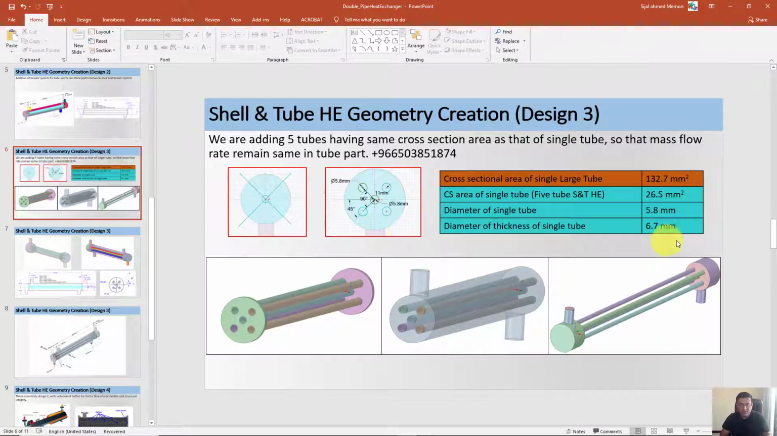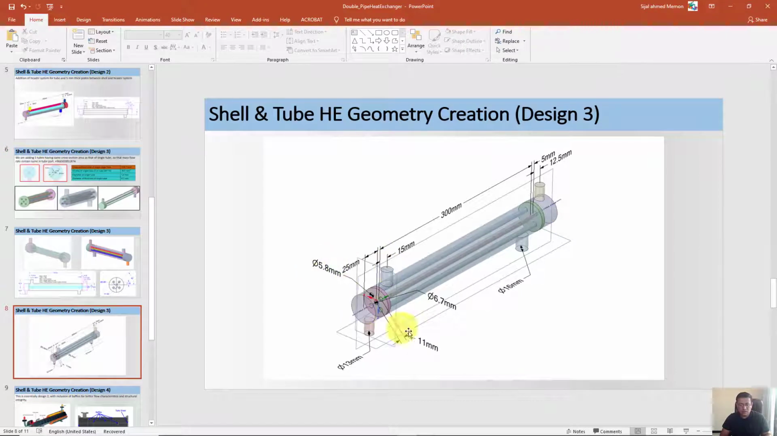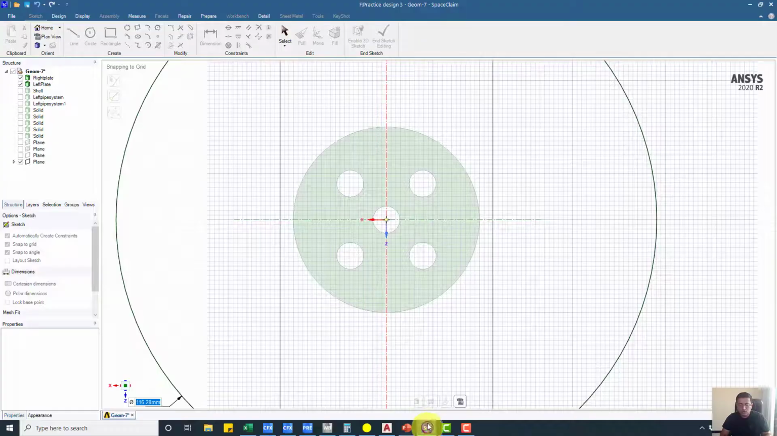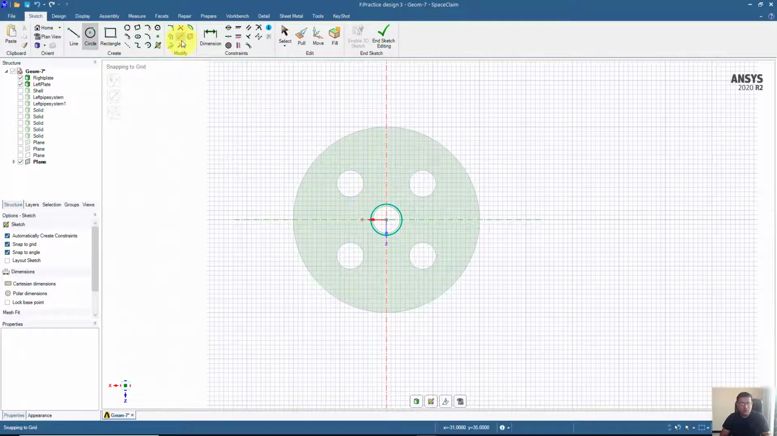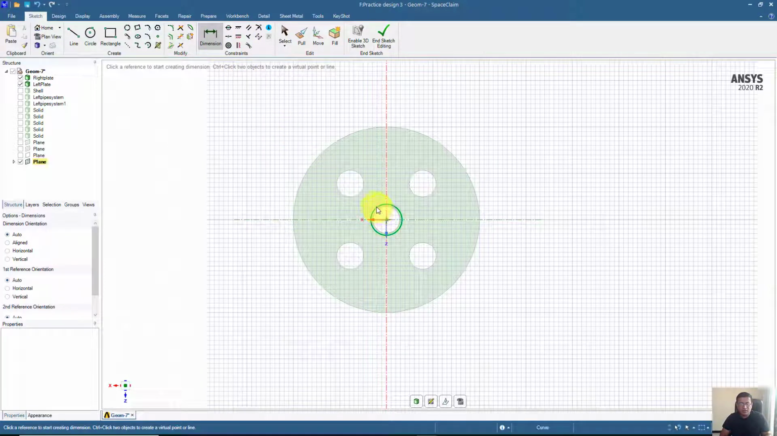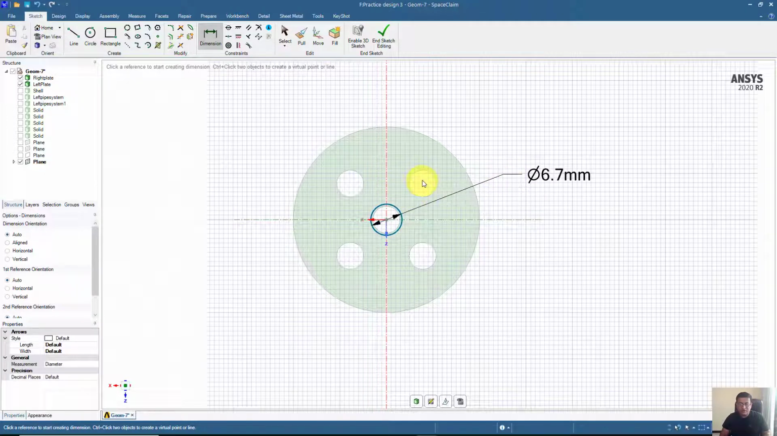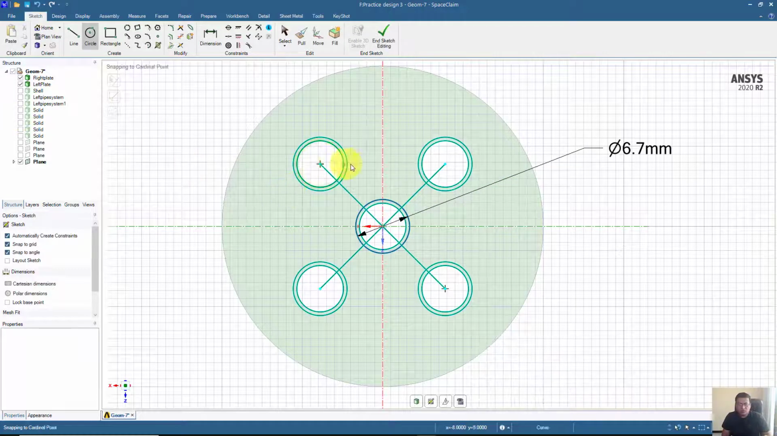As you can see here, 6.7, and also in this figure 6.7. So 6.7, and just confirm the dimension again. So 6.7, yes. And in the same procedure, in the same way, create these 4 remaining parts thicknesses over here. Okay, so we have created these 2 circuits again, one at the 5.8 millimeter, second is 6.7 millimeter, which is